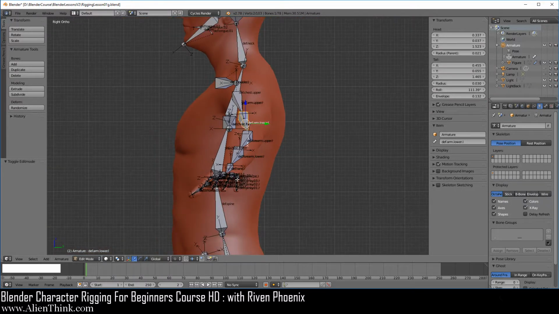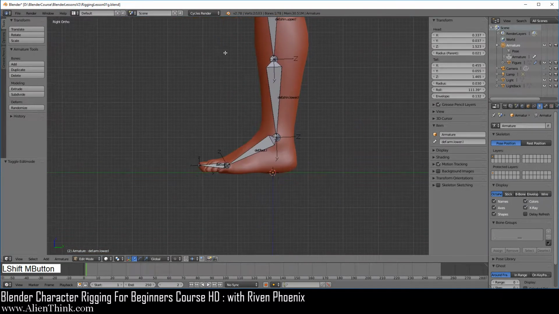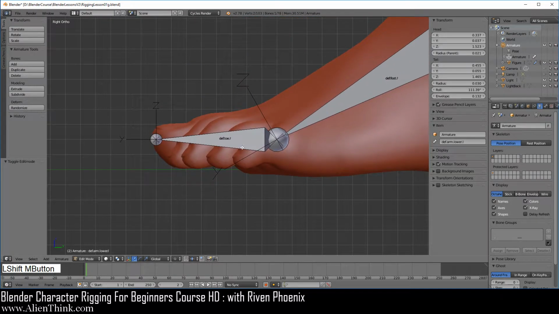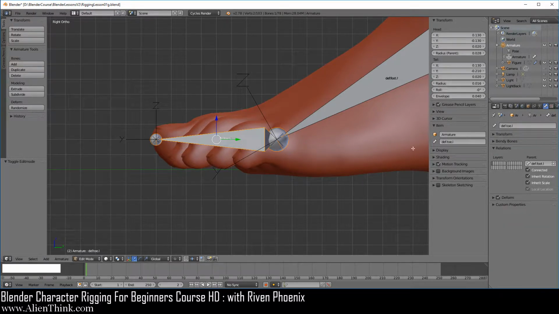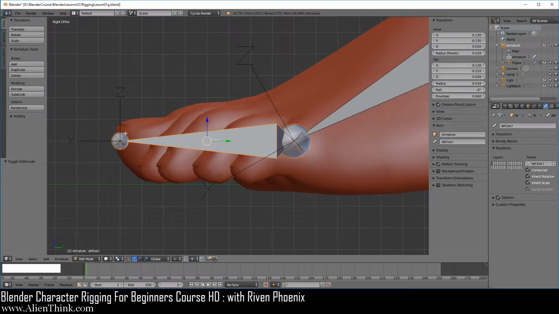Now let's go ahead and shift middle mouse button and go over here. Again, when we click on this bone and go to the bone tab over here, you can see that its parent is foot.l. Now you can click on the tail of this bone. If you click it, you'll notice that it's selecting right now the toe.r. So we have to click it again to select the tail of the toe.l. Now over here we can click on the body, and if we click over here, it's going to select the tail of the foot.r, and if we click over here again, it's selecting the tail of the foot.l.